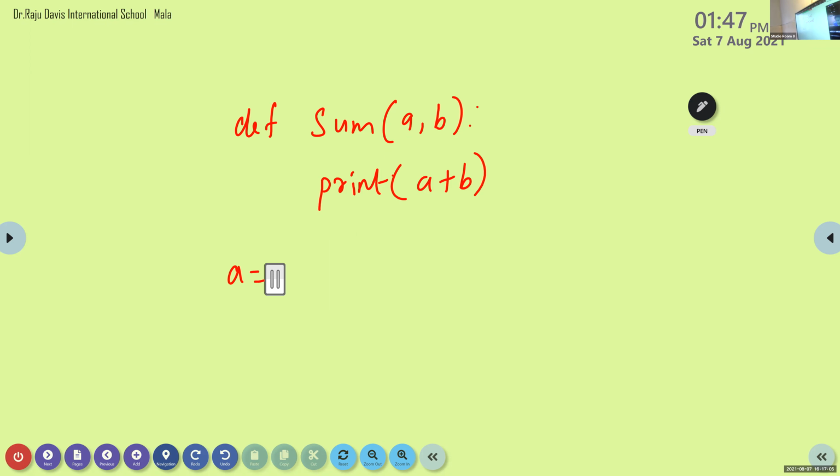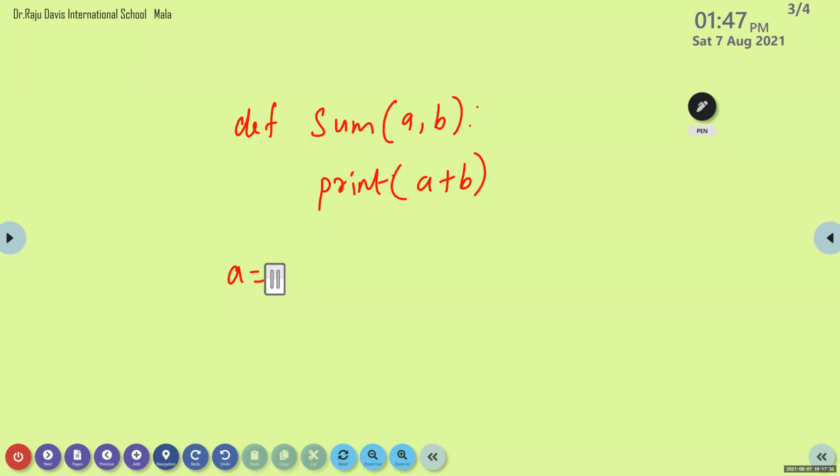Okay, Sanam, how can we input two values? Using the input function, how can we input two integer values? I don't know. Okay. Anish, how can we input two integer values to two variables?